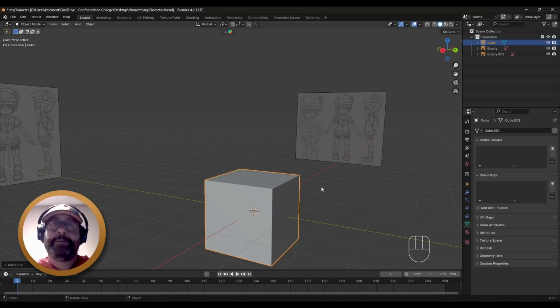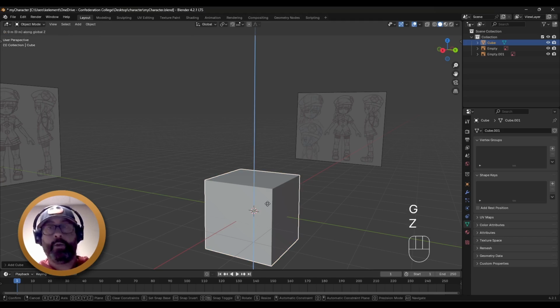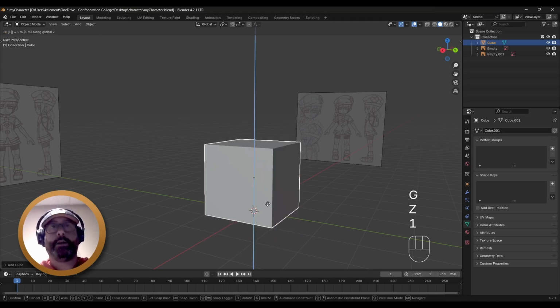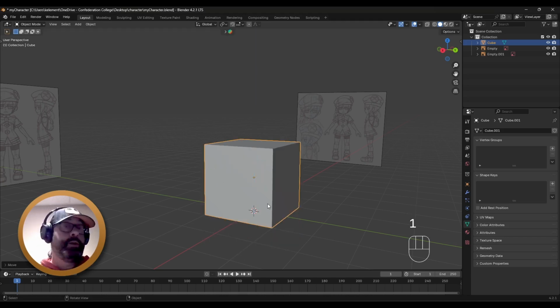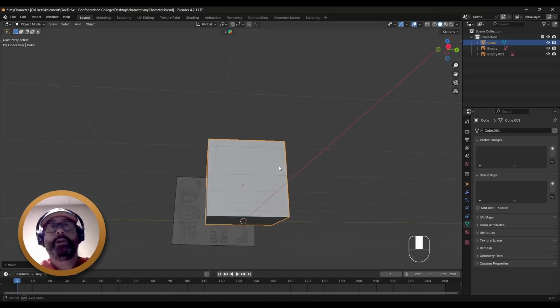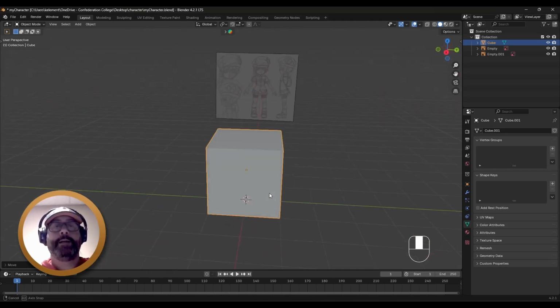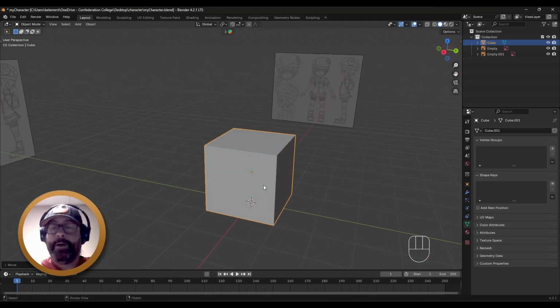It's fine, and it's not hard right now to just select it and press G Z 1, and that will put it on the floor, which is fine. That's totally fine. But we had to take an extra step there, when in theory we could have just, I'll delete this,